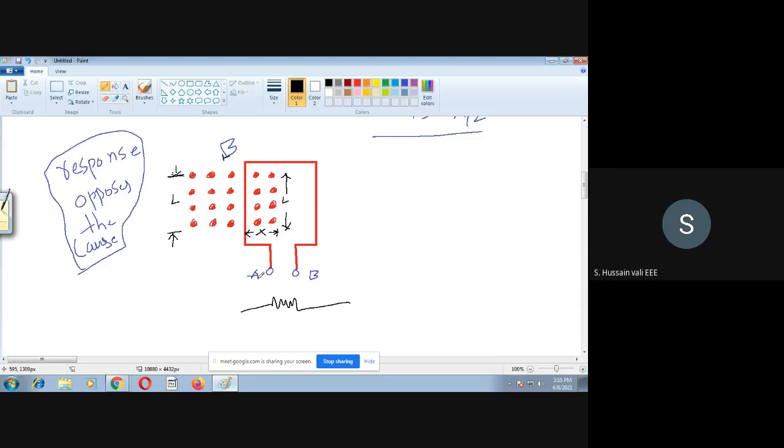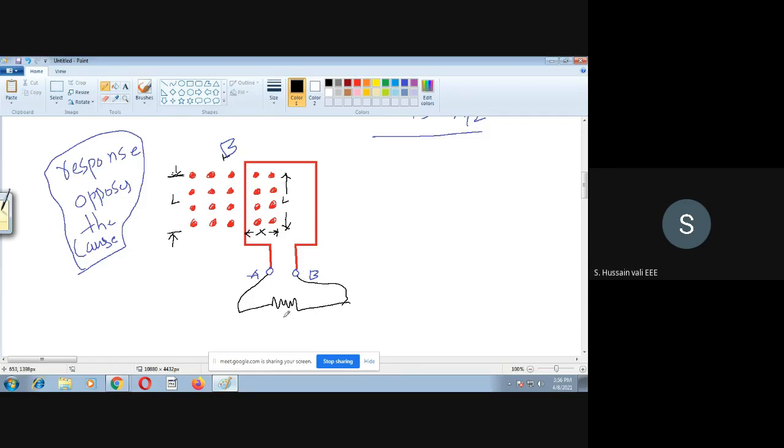This is the load. Now I will connect the load to A and B here. Definitely this EMF I will connect here. Then if I connect the EMF here, what do you expect now? You will expect that the current flows in the resistor.